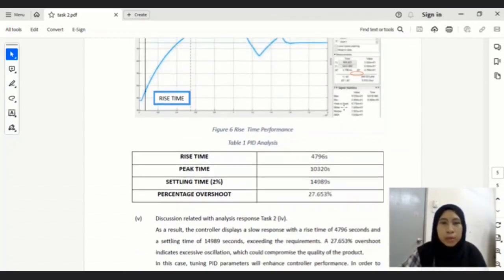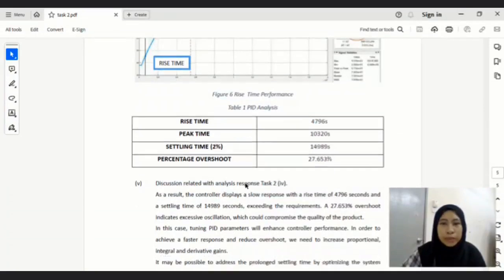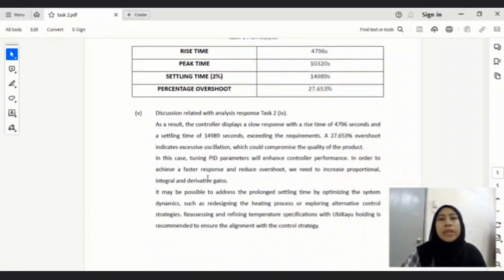From the MATLAB Simulink, we got rise time equal to 4796 seconds, peak time is 10320 seconds, the settling time 2% is 14989 seconds, and the percentage overshoot is 27.653. Okay, for the discussion part, as the result, we can see the controller displays a slow response with a rise time of 4796 seconds and a settling time of 14989 seconds, exceeding the requirement. The 27.653% overshoot indicates excessive oscillation, which could compromise the quality of the product needed by the